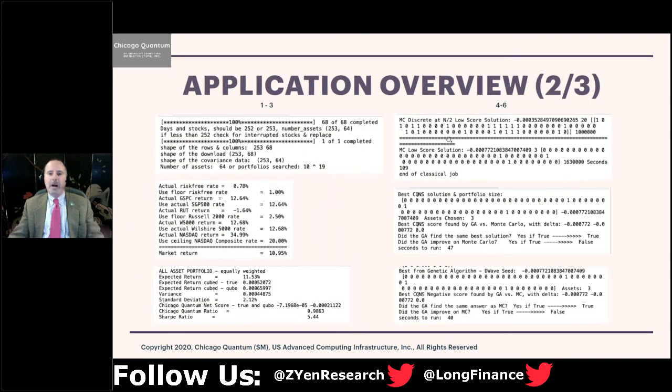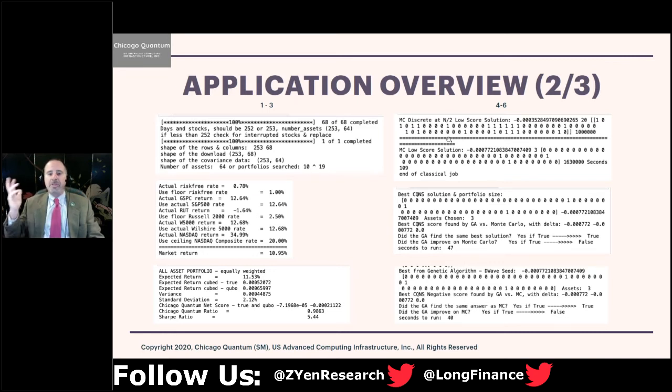So upper left, we're going to go left, top to bottom, right, top to bottom. There's going to be 7 of these to show you. The first is, we should have either 252 or 253 days of stocks. So in this case, we had 253. We downloaded 64 stocks for the client, 4 indices. We then calculated the market return on this day. The market return minus the risk-free rate was 10.95%.